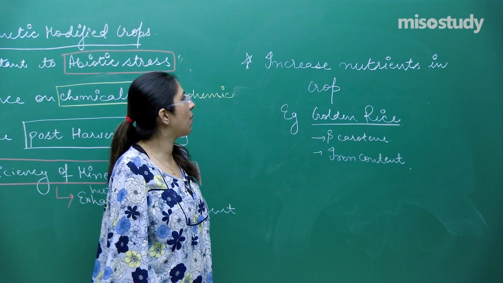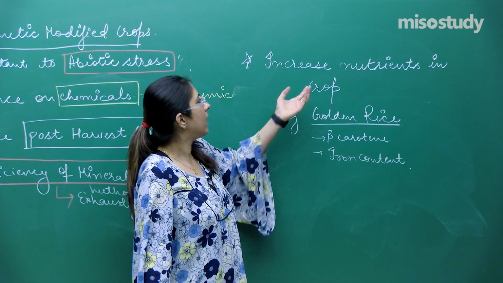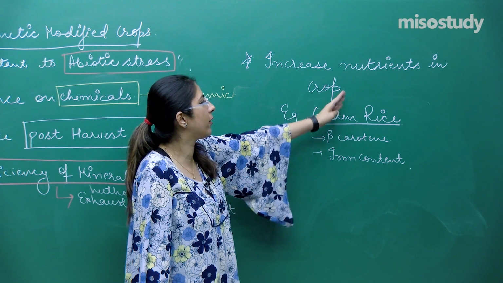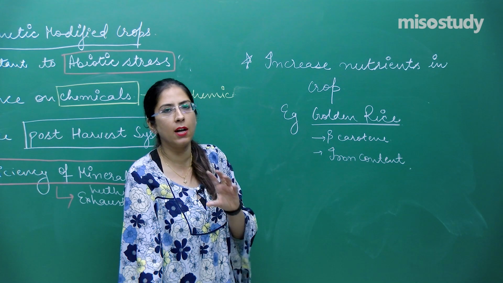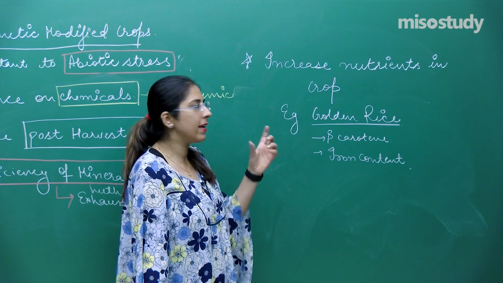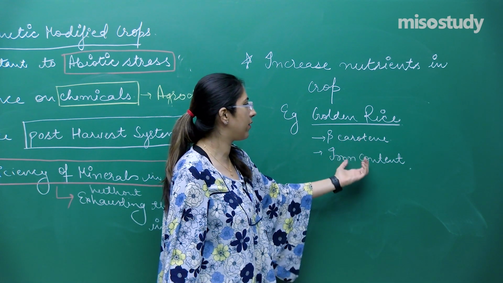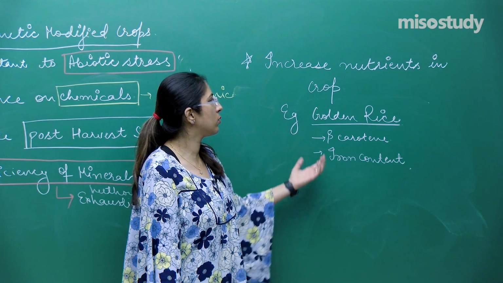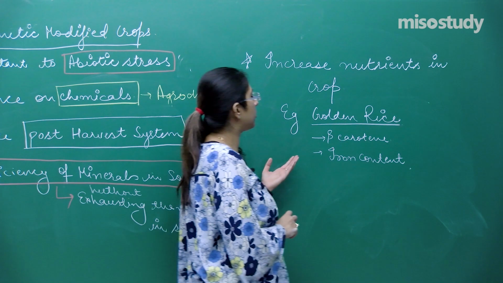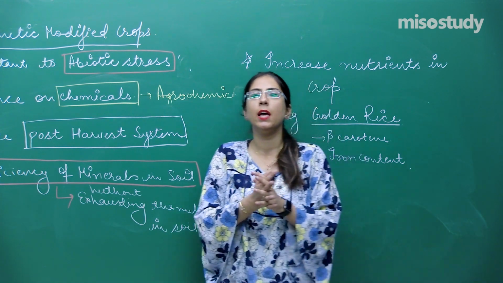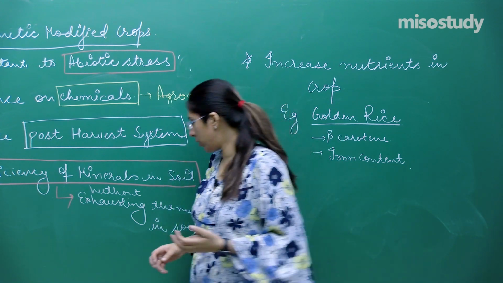Right. So this was an example of another importance or application of the genetically modified crops, that we can increase the nutrient quality in the crop. For example, we have already made the golden rice. Why is it called the golden rice? Because the color of that rice is almost a yellowish color. So we have named it golden rice that has a very good amount of the beta carotene and the iron content. Right, students? So students, note down this. Hope you have noted down this. This was the application, or you can say the characteristics of the genetically modified crops, right. So hope you have noted down this.